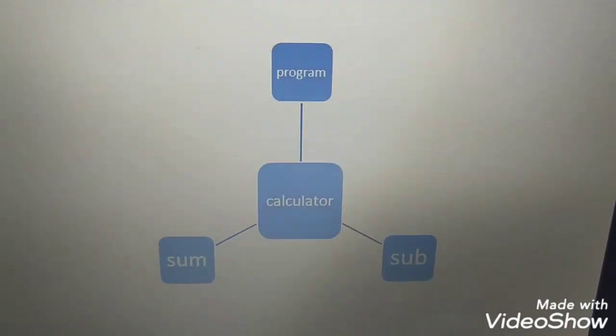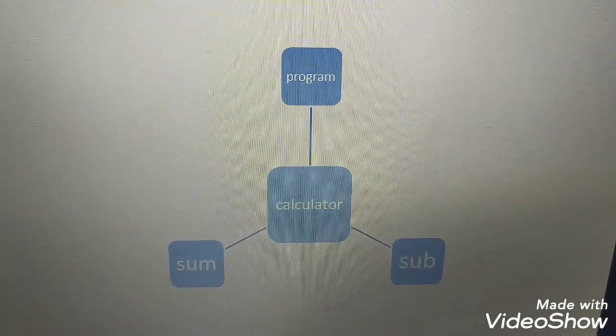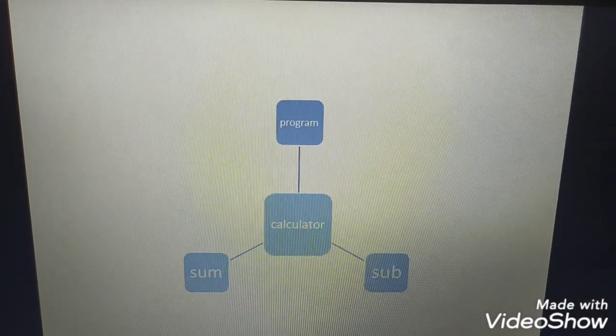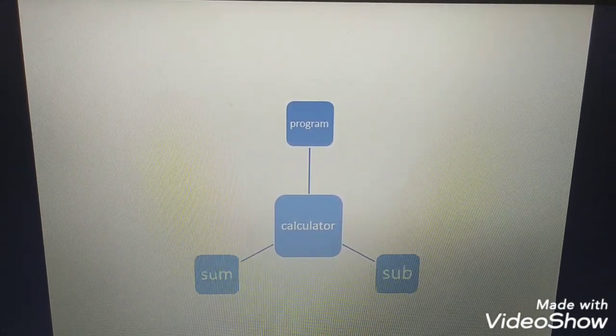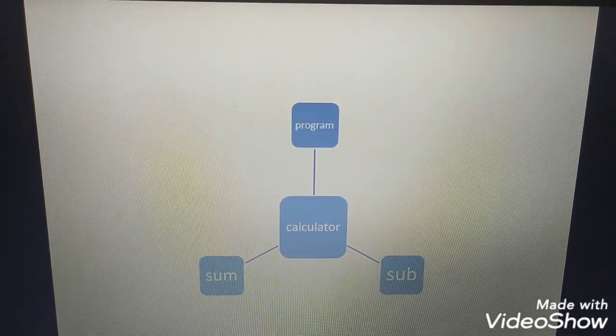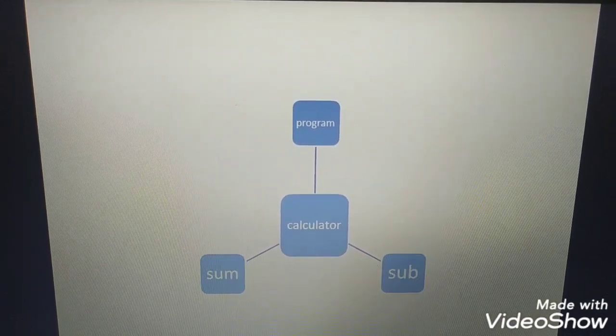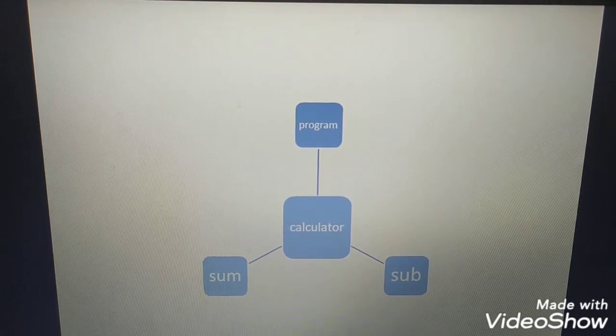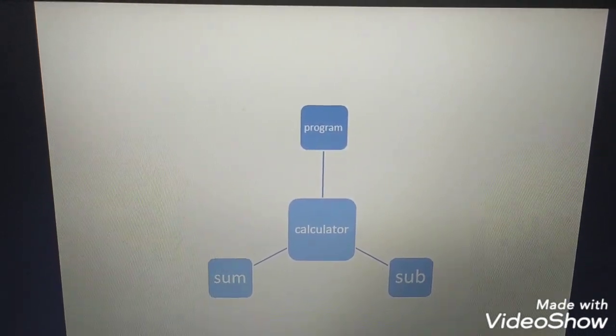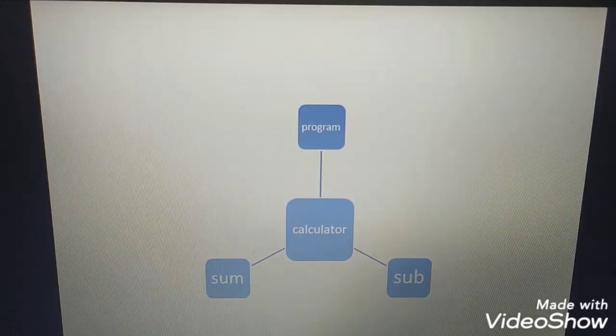Before ending the session, I want to revise some main points. We discussed that a large program is simplified with the help of methods, and from the example we have seen, the calculator program was simplified by two methods, the sum method and the subtraction method.